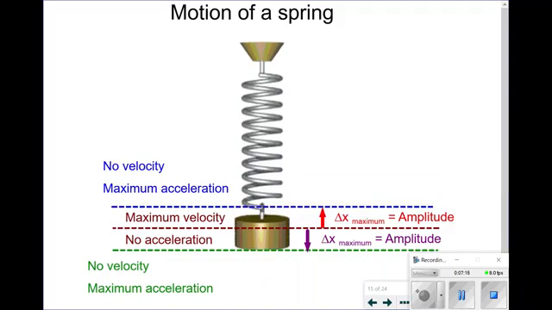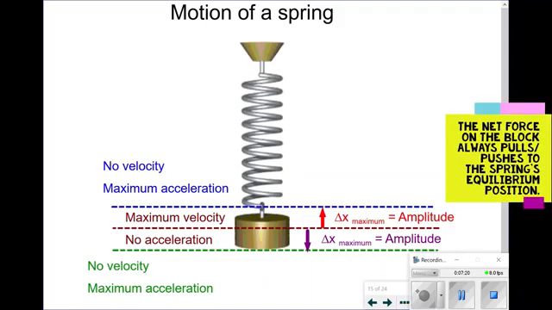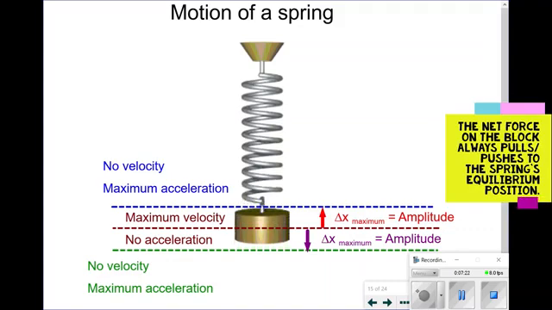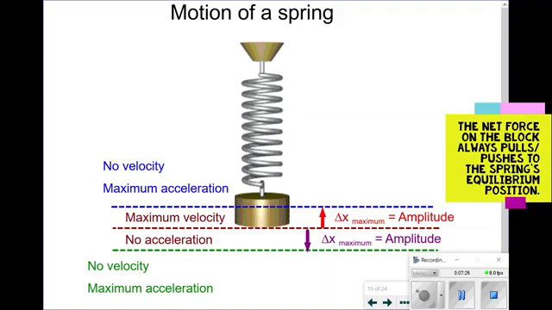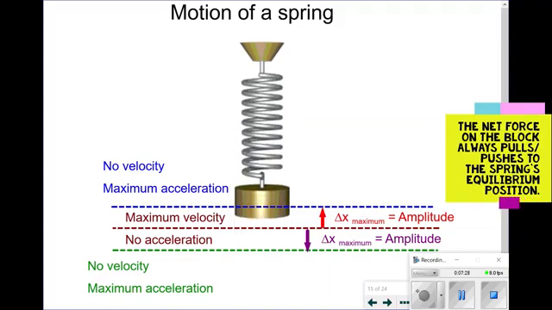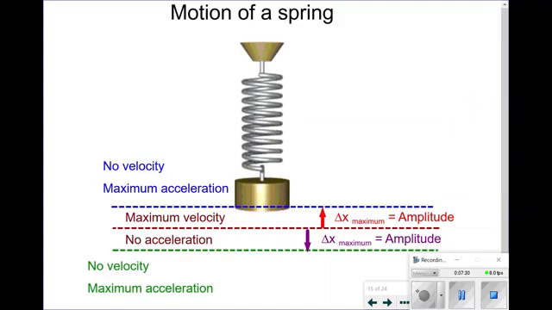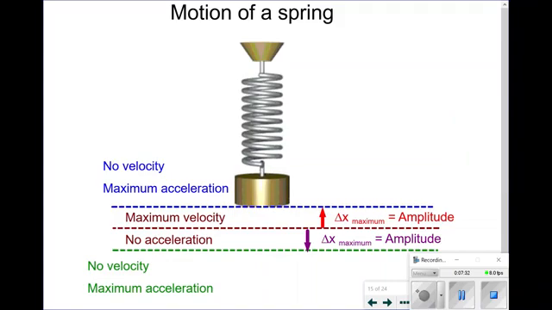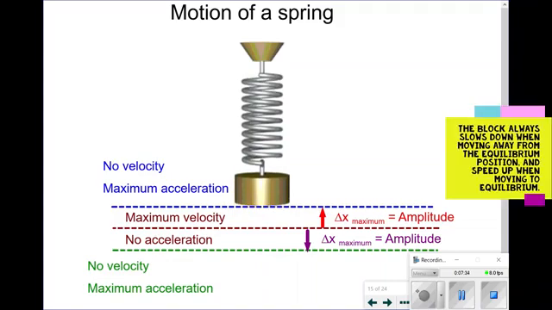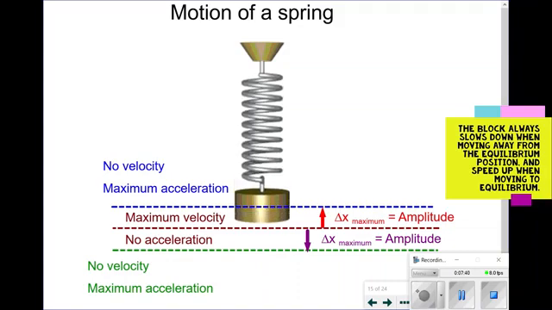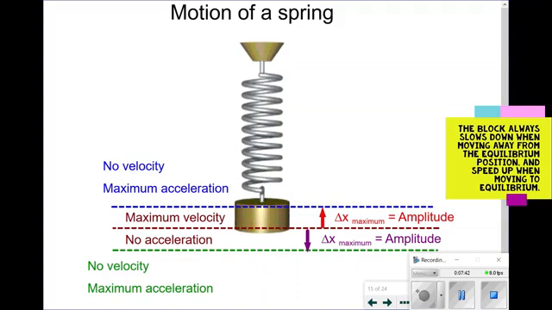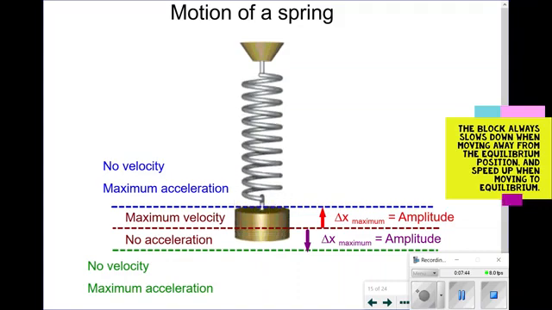Also, if we're looking at the speed of the object, we notice it speeds up as it's approaching equilibrium and slows down when it moves away from equilibrium. This means the velocity is always changing in magnitude. It stops when it's furthest away from the equilibrium position. It stops at amplitude and speeds up to its maximum speed at equilibrium, only to slow back down again once